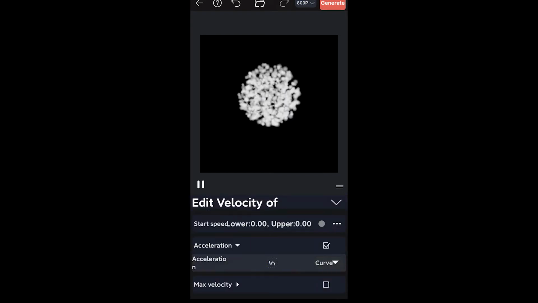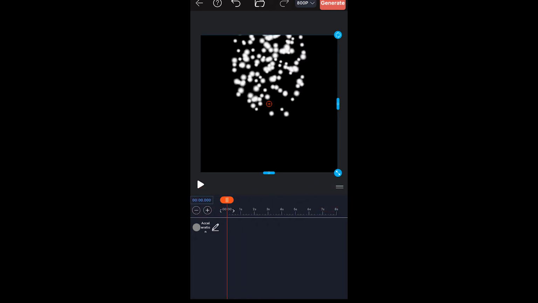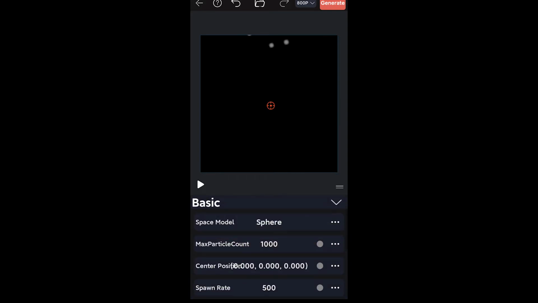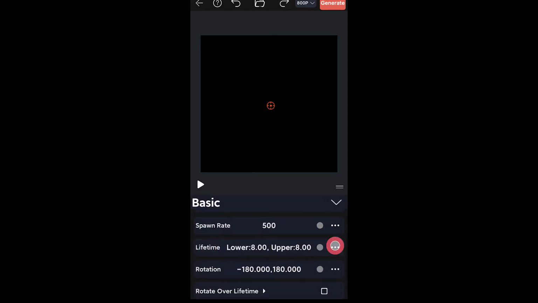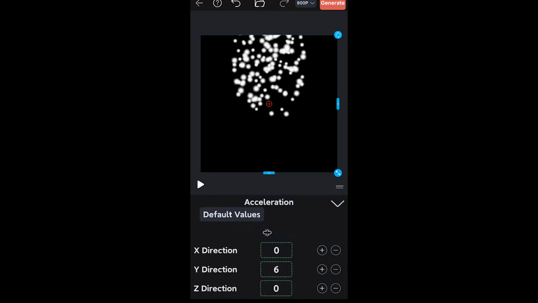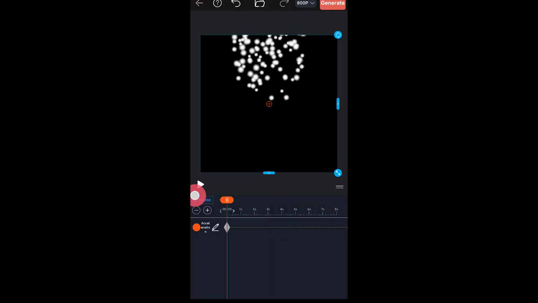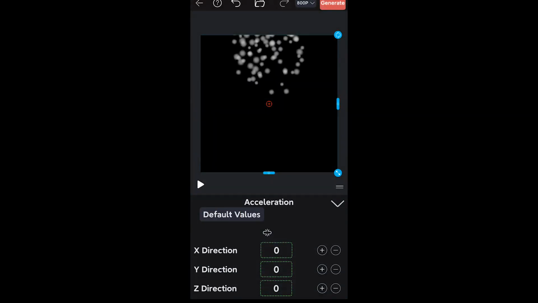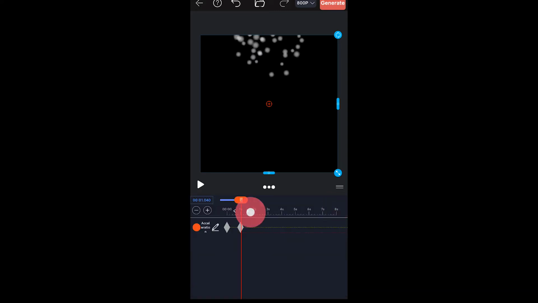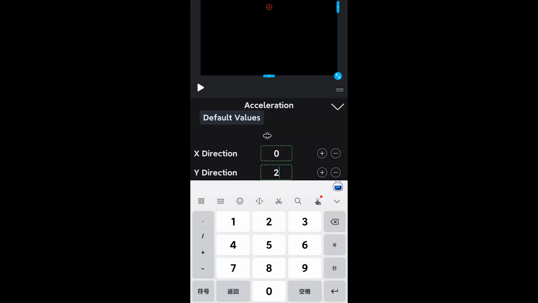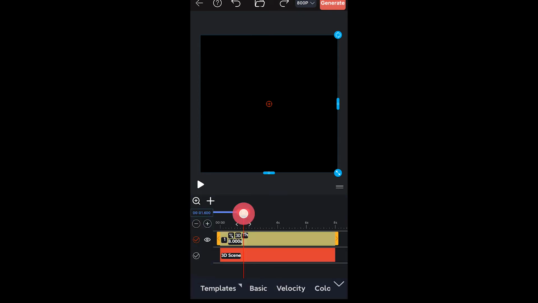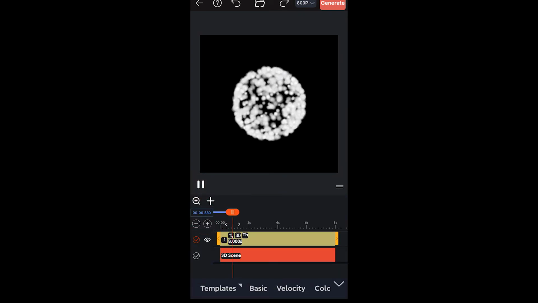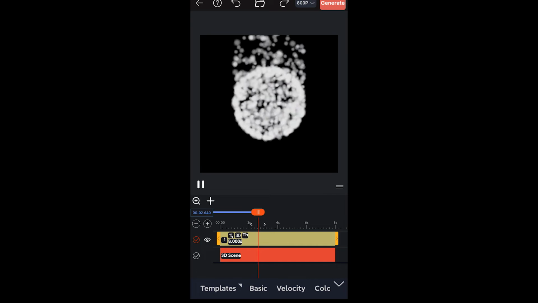Curve value. According to the previous introduction, the time axis in the curve is only 4 seconds, which is proportionally mapped to the survival time of the particle. And my particle survival time is set to 8 seconds, so I set the speed of 0 and 1 second to 0, and set it to 2 after 1 second. The overall effect on the particle is that the particle stops at 0 to 2 seconds